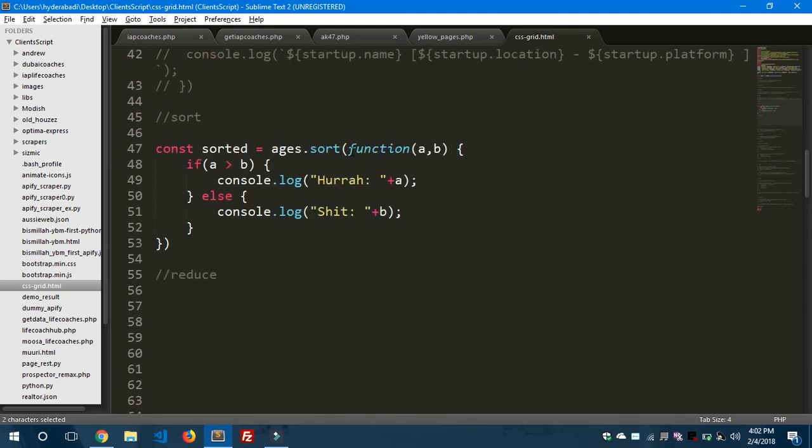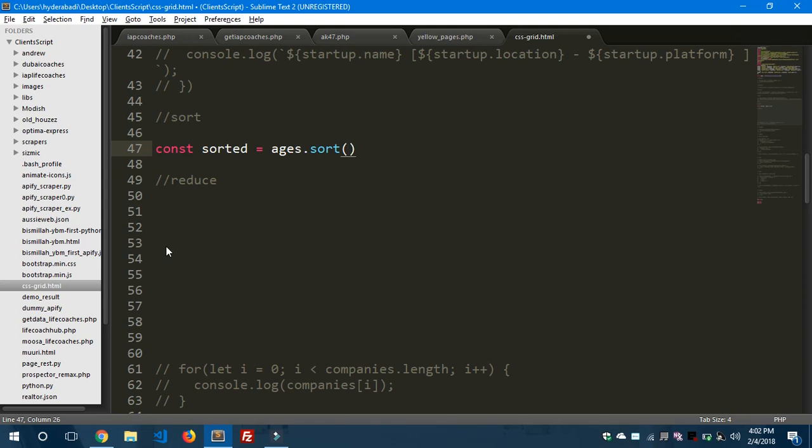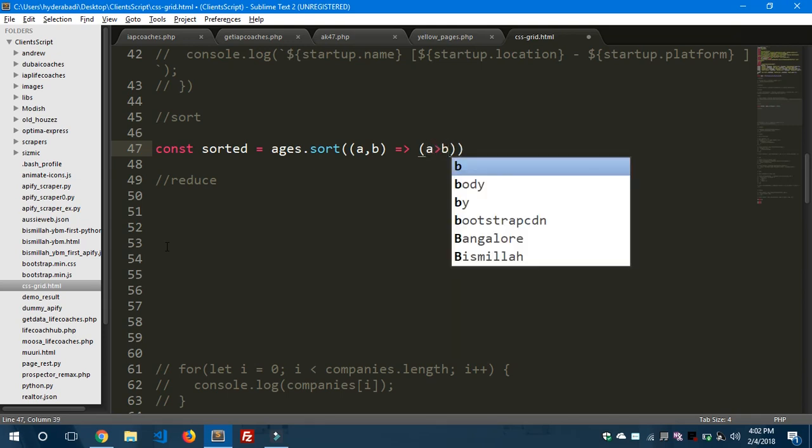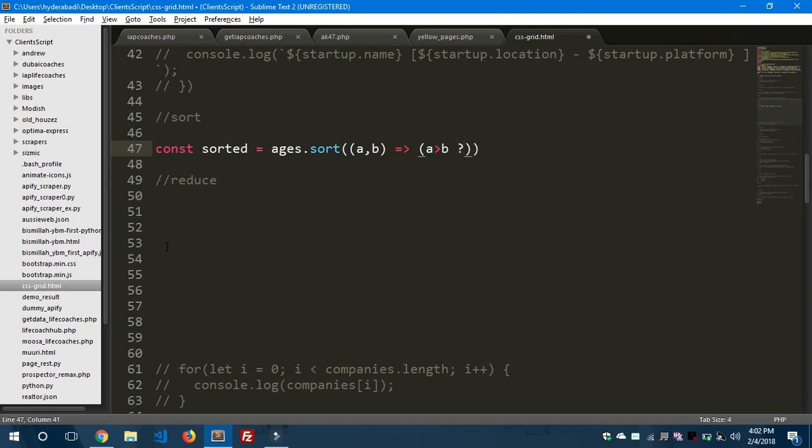So let me use the advanced method. The advanced way of writing the sort function is this one, right? So use a comma b, arrow functions. We are using arrow functions now, right? And we are saying that if a is greater than b, right? And I'm gonna say